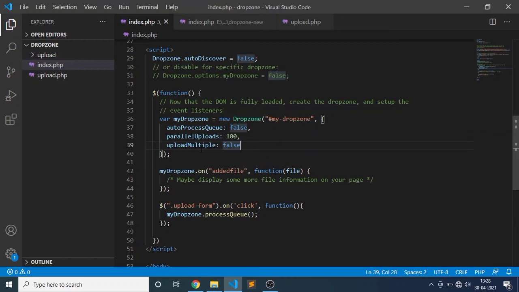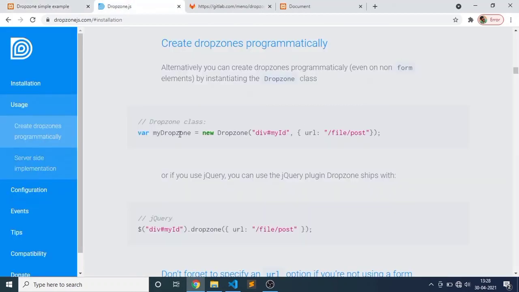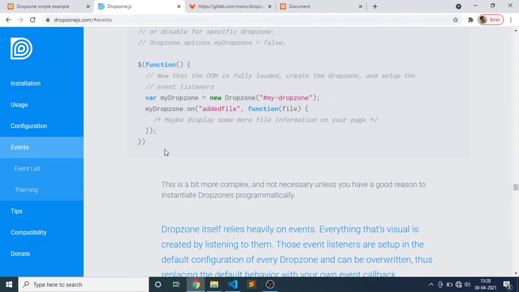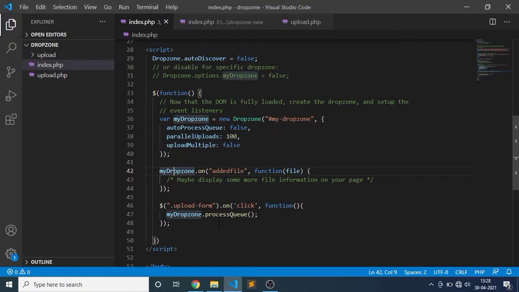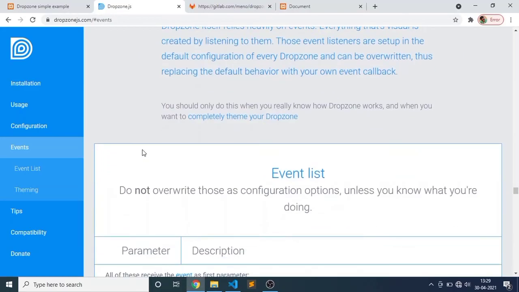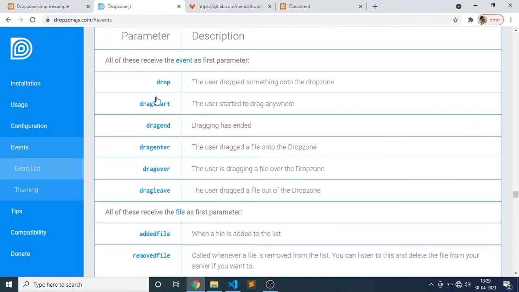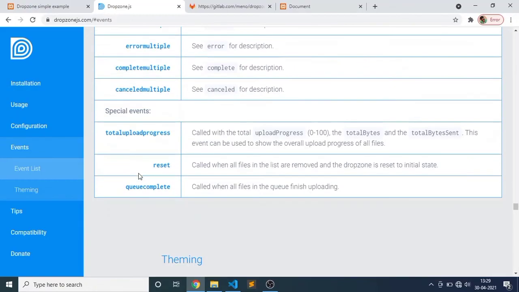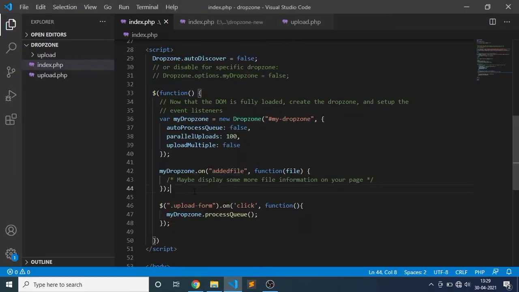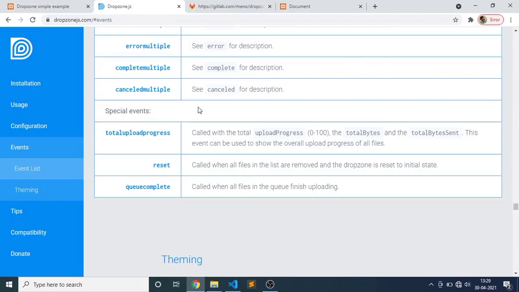Okay, if I am uploading multiple files through here, right? After that, many events are available here. Go to events and you can see this is my addedfile event. Other events are available like drop, dragstart, dragenter, dragover, dragleave. You can use all these events and implement them your way.